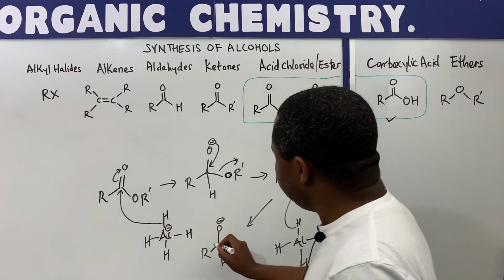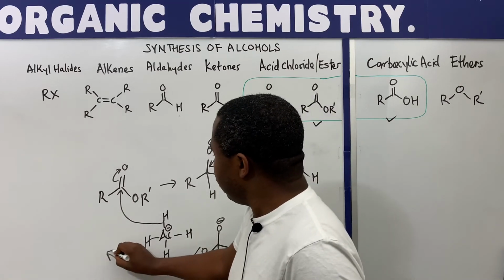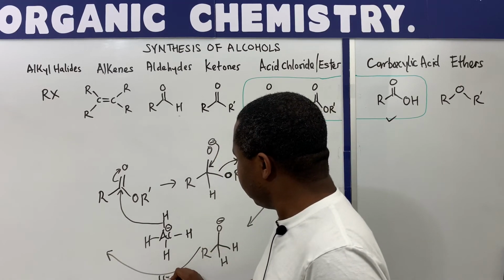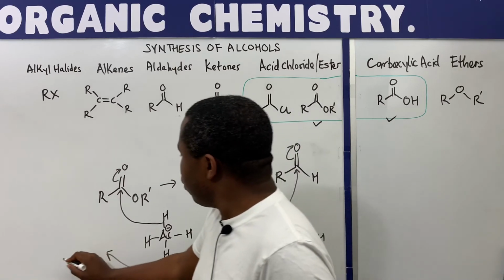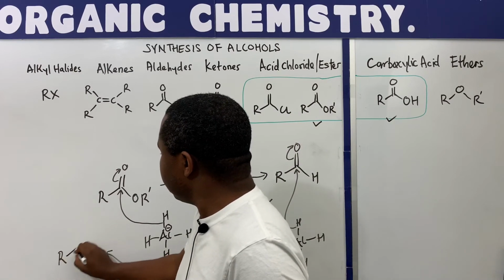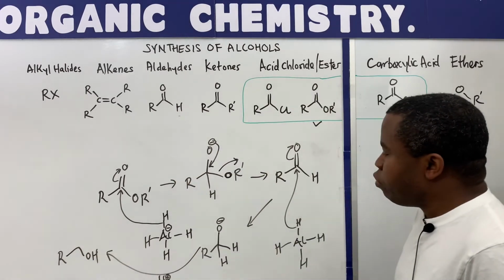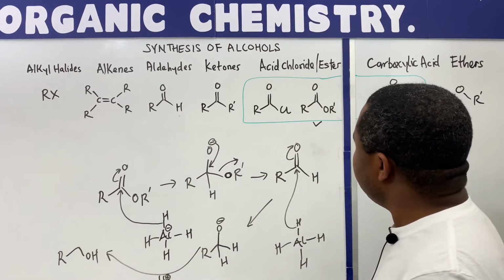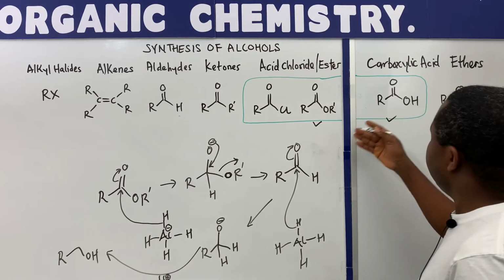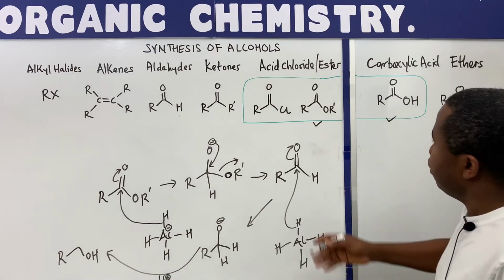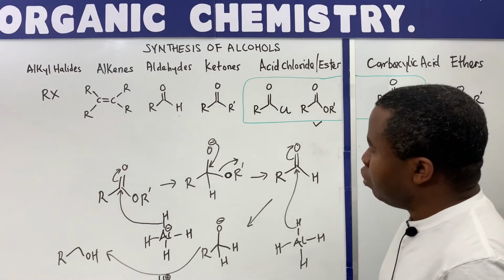And then the alkoxide is going to be protonated, so that we form the final product, the alcohol. So that is how we form the alcohol using the reduction of ester, and the same thing applies to the